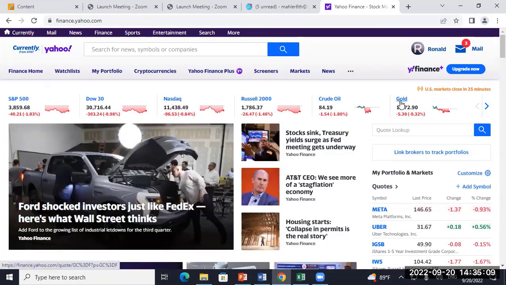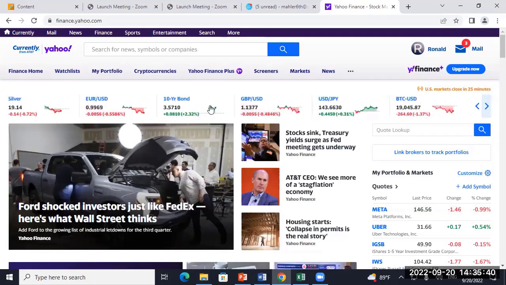I saw an article today on why is gold down? Gold should be up this year. But the biggest headwind for gold is more than likely the US dollar. So you think, well, inflation's up, so gold should be up. But the US dollar is about the strongest I've ever seen that I can remember. Maybe it was that strong when I was in middle school. I wasn't paying attention, but it's pretty amazing how strong the US dollar is right now. Gold doesn't like that. That's my guess. I didn't read the article because when I clicked on it, you had to subscribe to whatever Barron's or whatever it was. So I didn't get to read it.